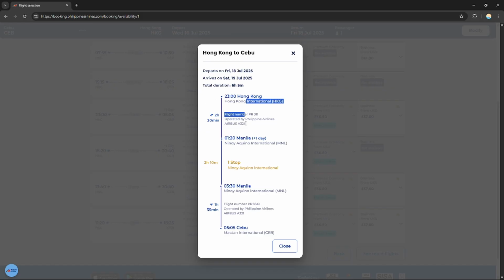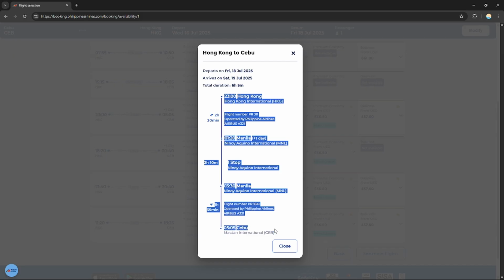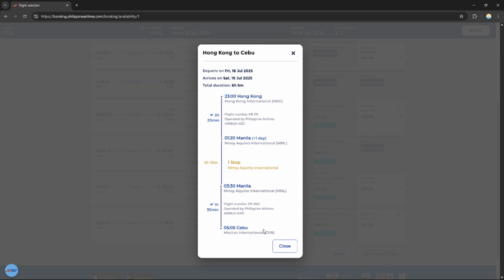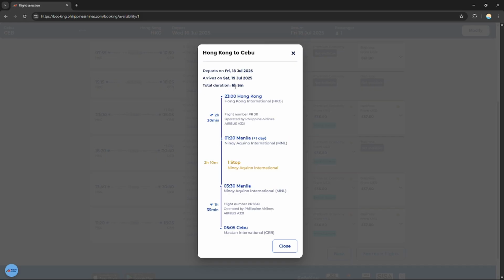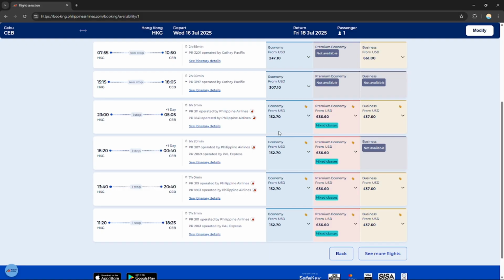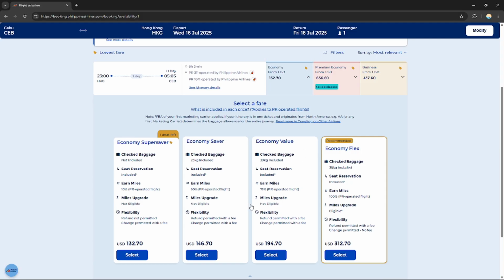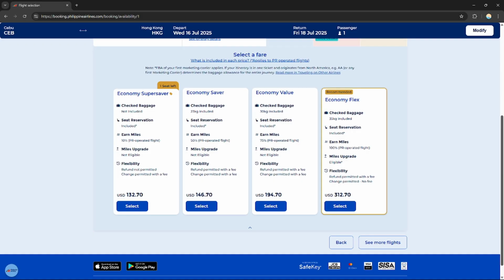As you can see right here, I can see a bunch of stations that I need to go through before I arrive at my destination, and it shows their total duration. So right here, the total duration would be 6 hours and 5 minutes. That would be how long my flights will be. So just click close. Right here, I'm going to choose this one, economy again,